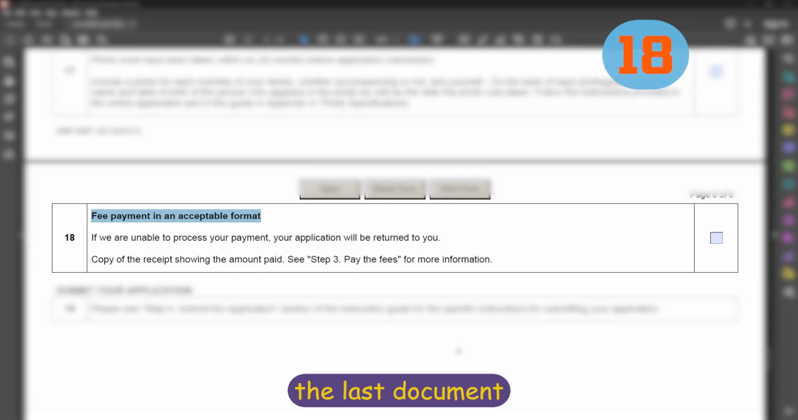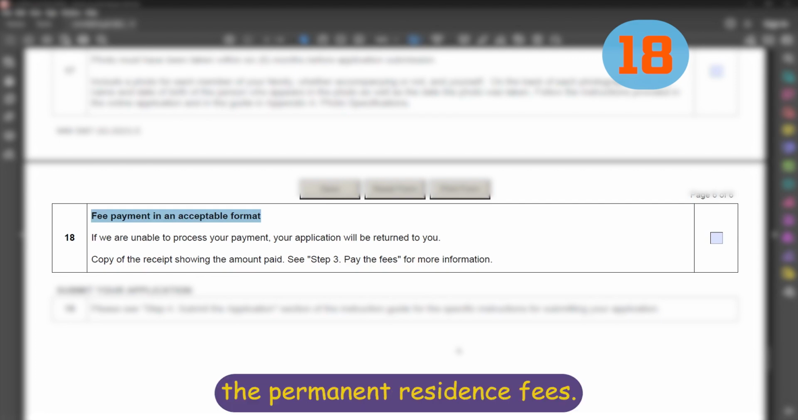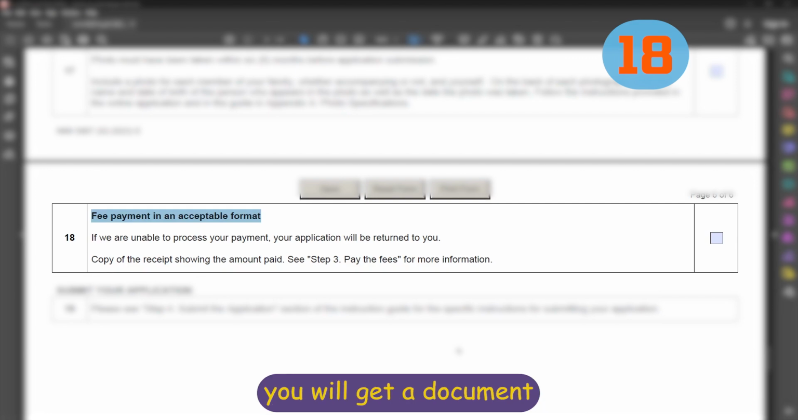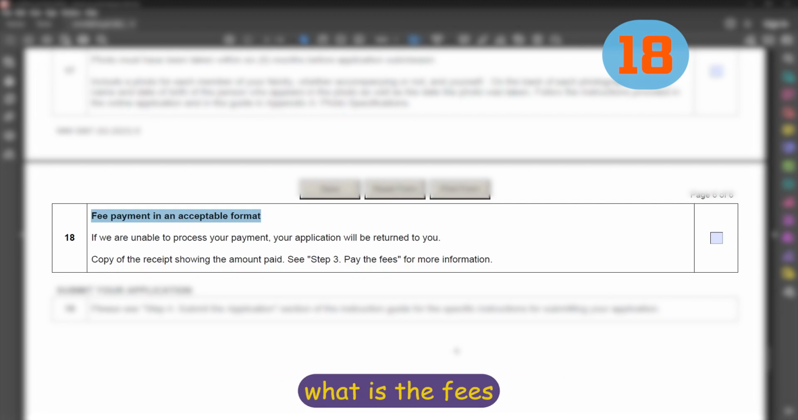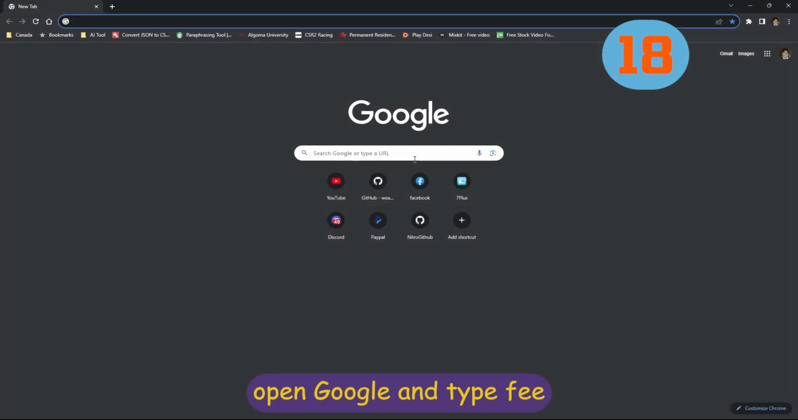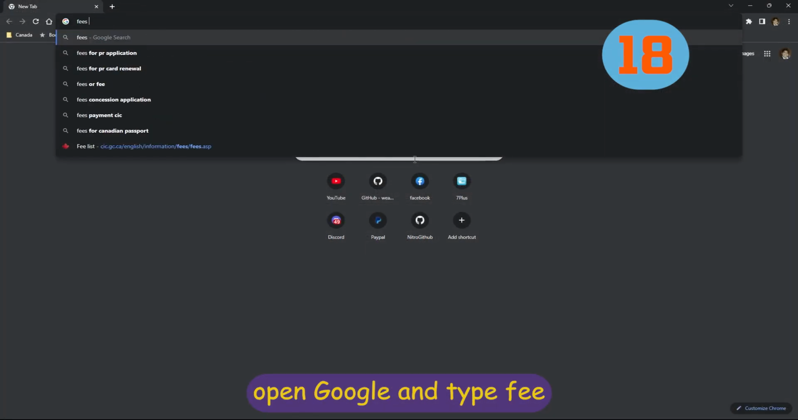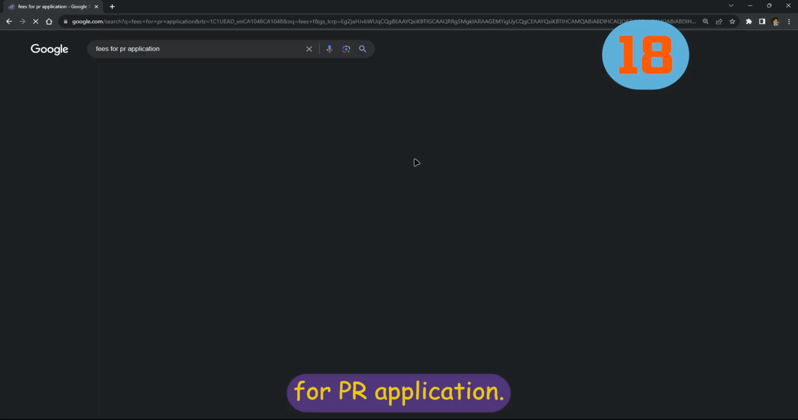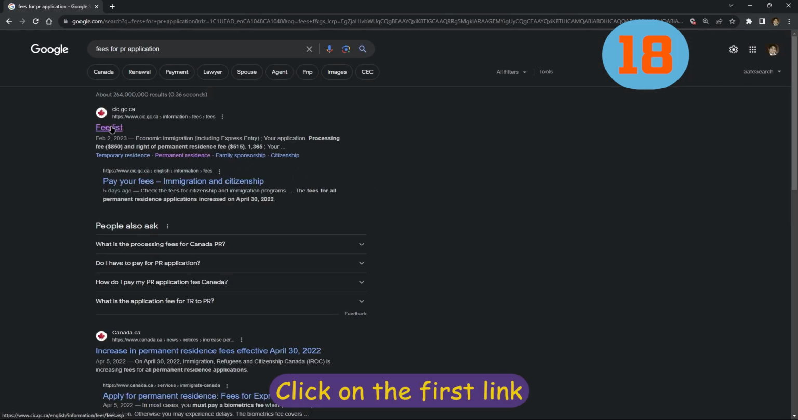Now we are seeing the last document of the checklist, which is fee payment. So before submitting your application, you have to pay the permanent resident fees. And once you make the payment, you will get a document, and that document you have to upload, then submit your application. Now the question is, what is the fee for permanent residency? It is not mentioned in the checklist, but you can find out. Open Google and type fee for PR application. Click on the first link